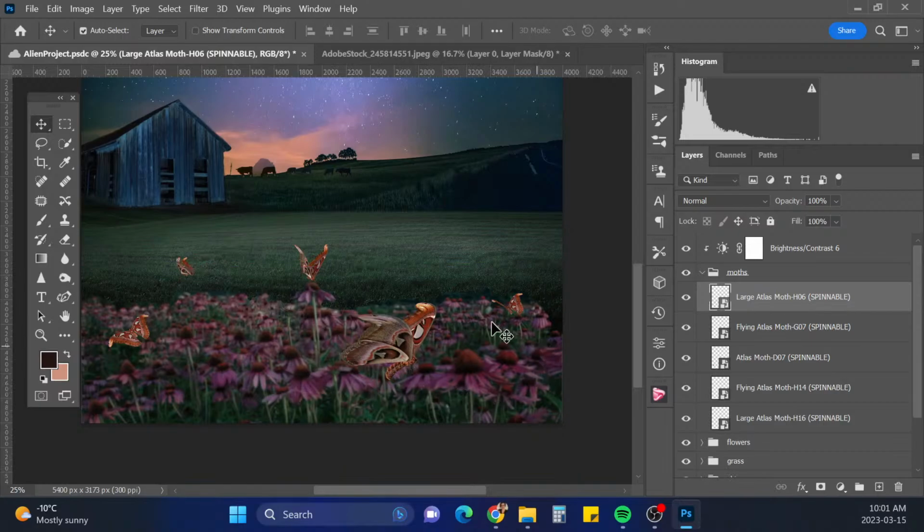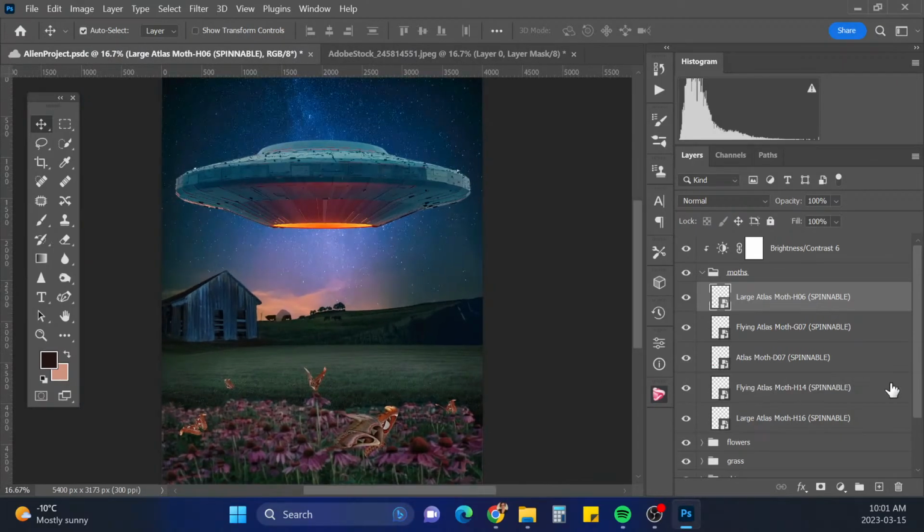What does that look like? Maybe he needs to be smaller. There we go. Okay, and this guy, yeah, he looks about the right size. Okay, and these moths also all need to be blurred, so I'll have to go through and blur them all.